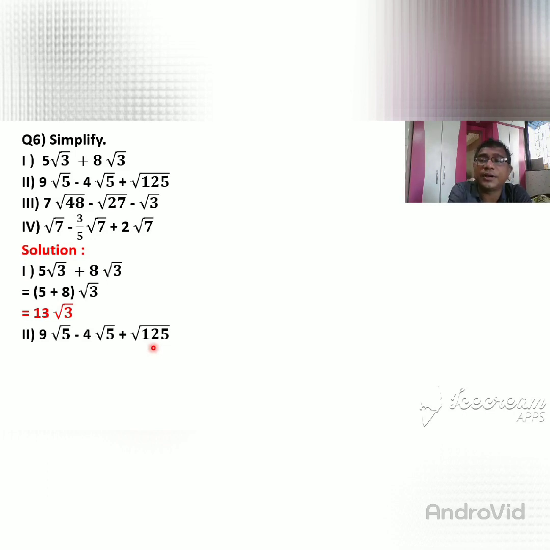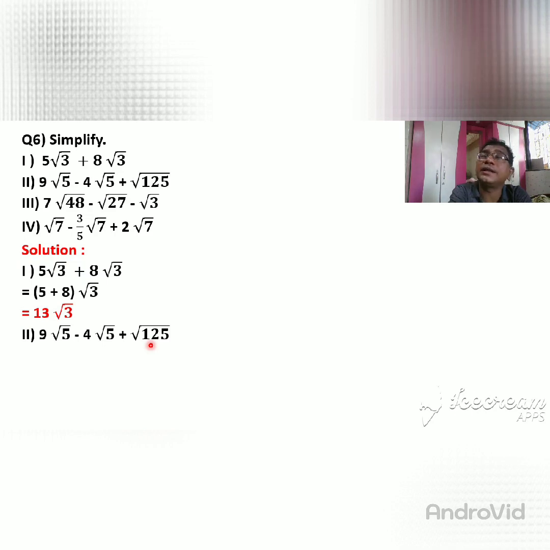So that number 125 you have to factorize in such a way that in the surd there must be a 5. So how can you factorize 125 here? 25 into 5. 25 times 5 is 125. Why did we factorize into 25 times 5 only, and not other numbers? Because the order is 2, since in the radical sign there is no number, that means the order is 2. So the order is 2, so you factorize 125 in such a way that one number's square root can be obtained.